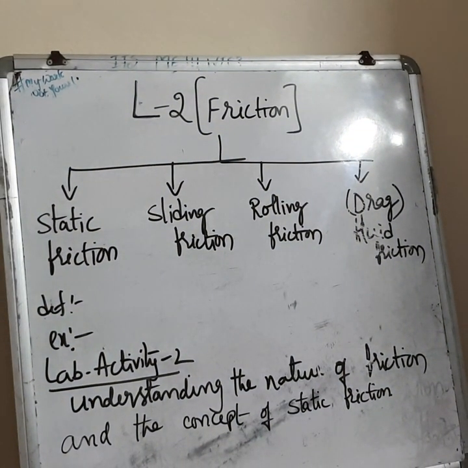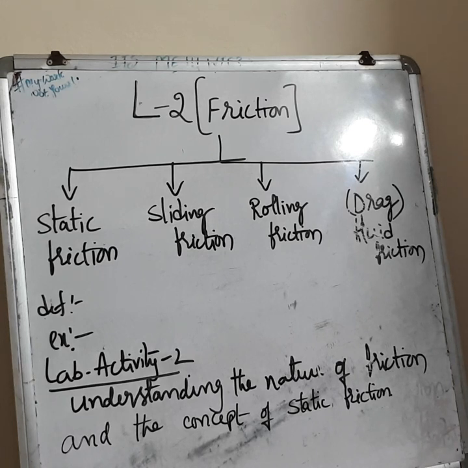Now, lesson 2. Revision from lesson 2, that is friction. What is frictional force? Frictional force is the resistance to the movement of a body over the surface of another body. This is the definition from lesson 1. Or we have another definition in lesson 2, you can write any definition. From lesson 2, the force which opposes the relative motion of two surfaces of bodies in contact is called frictional force.